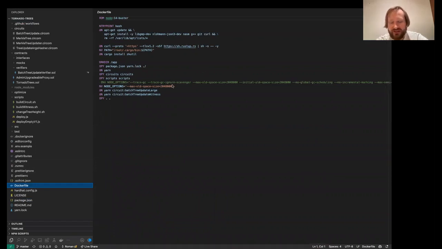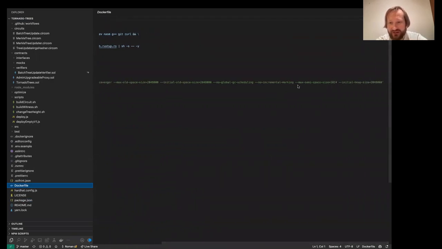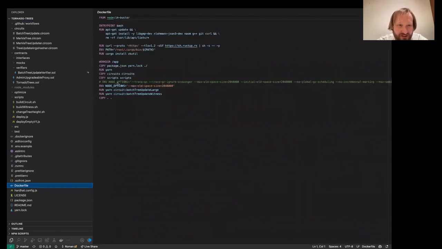Oh well, it's pretty little tuning. Before, we had to supply a lot of additional arguments to Node.js, and also use a custom Node.js build, but now it's a little bit easier. And I think with the release of the Rust-based implementation of Circom, most such problems should go away, because it's much more efficient.